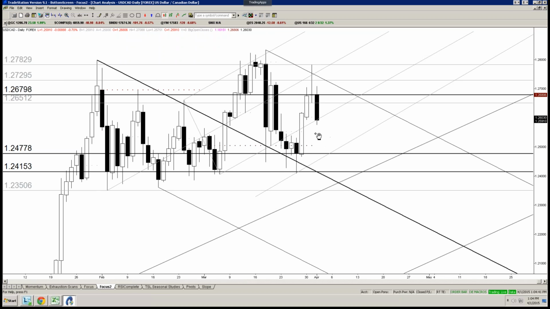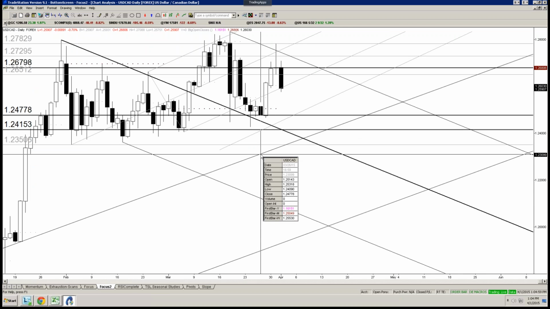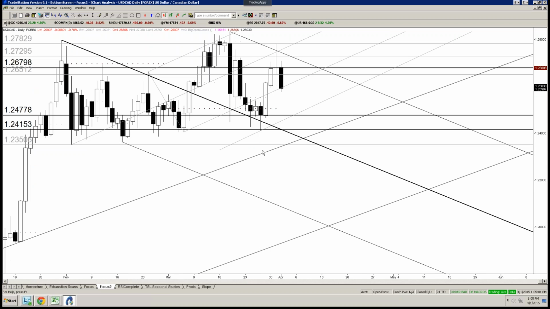And we've sold off, now, well, not quite 1% today, but looking towards, at least in dollar CAD, 124.80, which is daily reversal support. That's the close here from the low day of the move last week, which would be the 26th. All right. So with dollar CAD, we're looking at the short side.